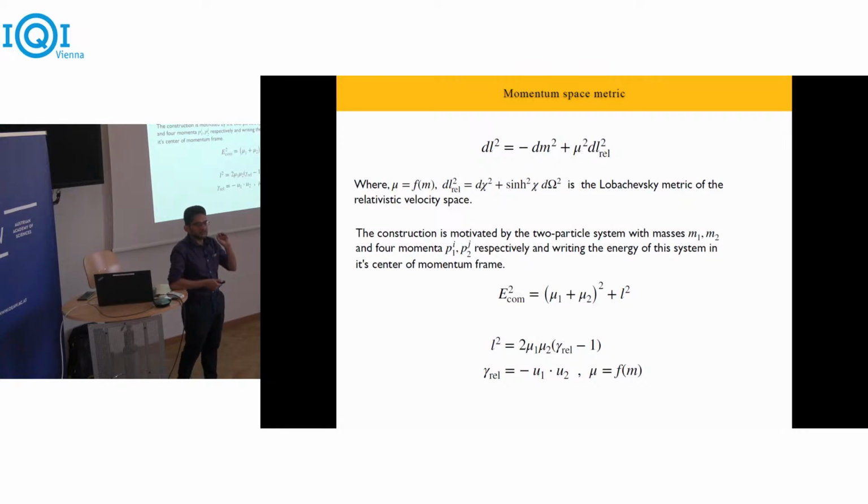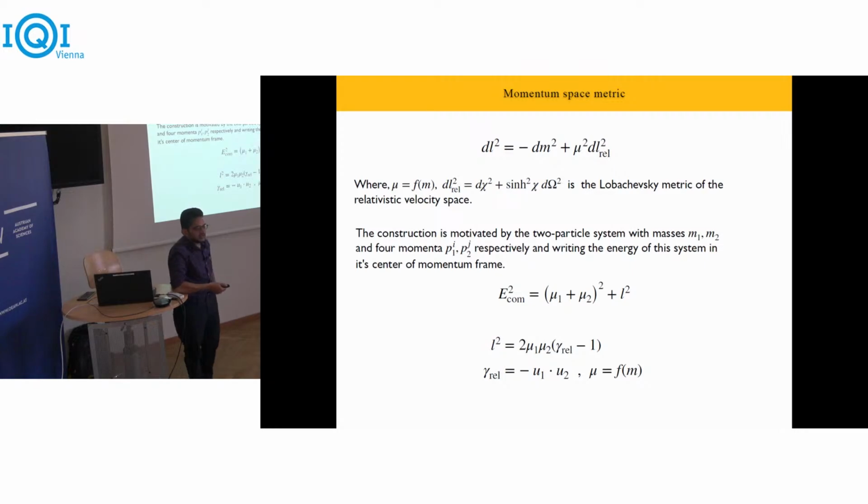So, my coordinates of momentum space would be the rest mass m and the components of the 4 velocity. So, this is the relativistic velocity space of Landau-Lifshitz, and this is an extension of that geometry to 4 dimensions